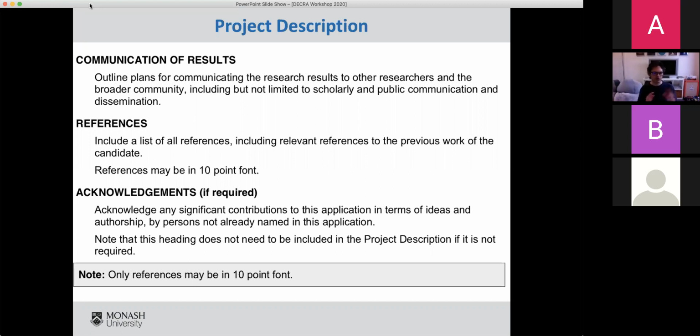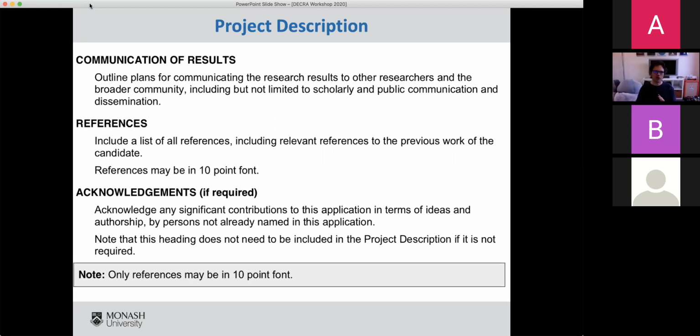Question: is there any guidance as to how much you should write for each section? The general rule of thumb is that you should devote as much space as the selection criteria break down. So 50% is investigator capability, 25% is project quality and innovation. But bear in mind, investigator capability falls over multiple sections. There's part of it in D, there's part of it in F. So broadly, you want half of the text you contribute to be investigator capability, bearing in mind there are whole pages devoted to that, which we'll just get to now.